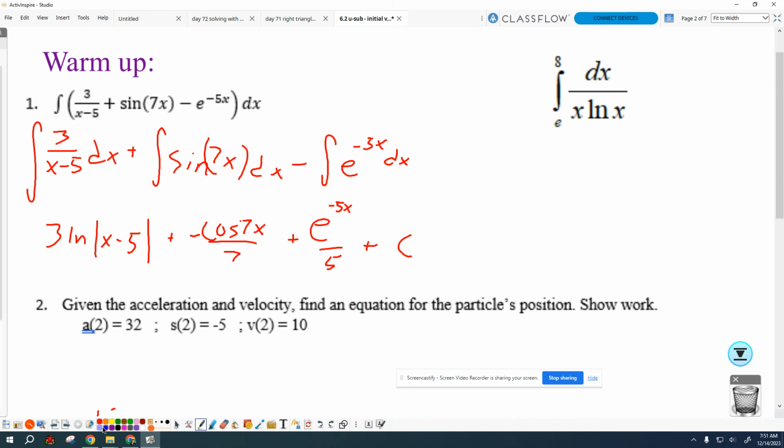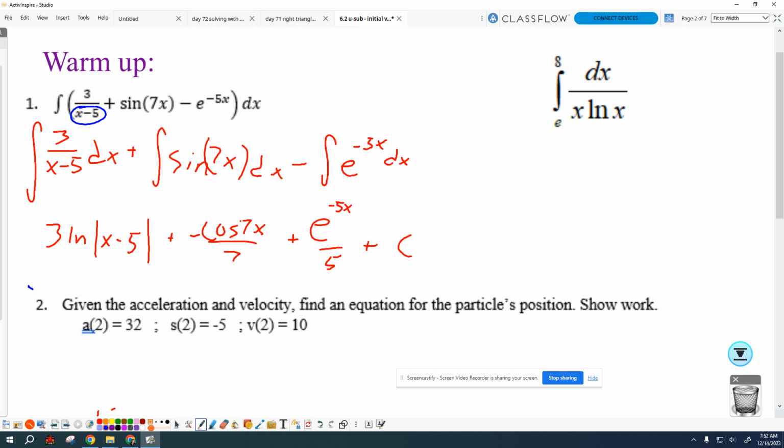Okay, so let's look at it. So we made it 3 separate problems. Fine. Linear thing right here. So 3 natural log of absolute value of that divided by the derivative of the stuff